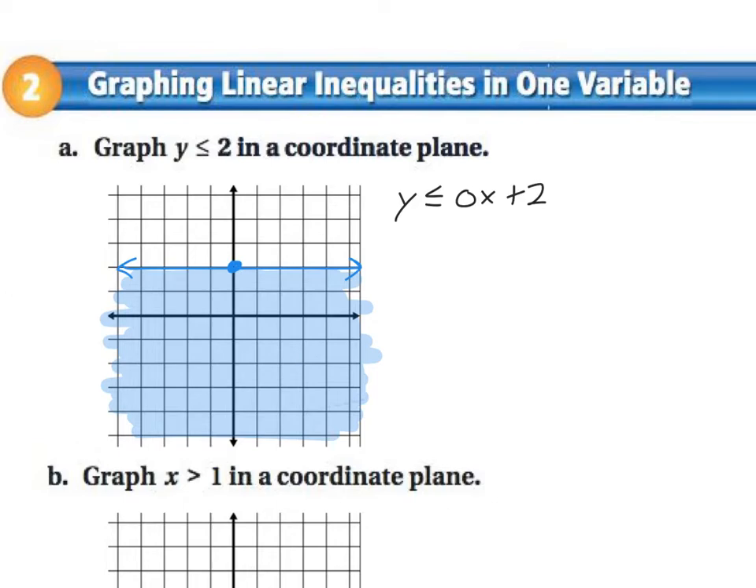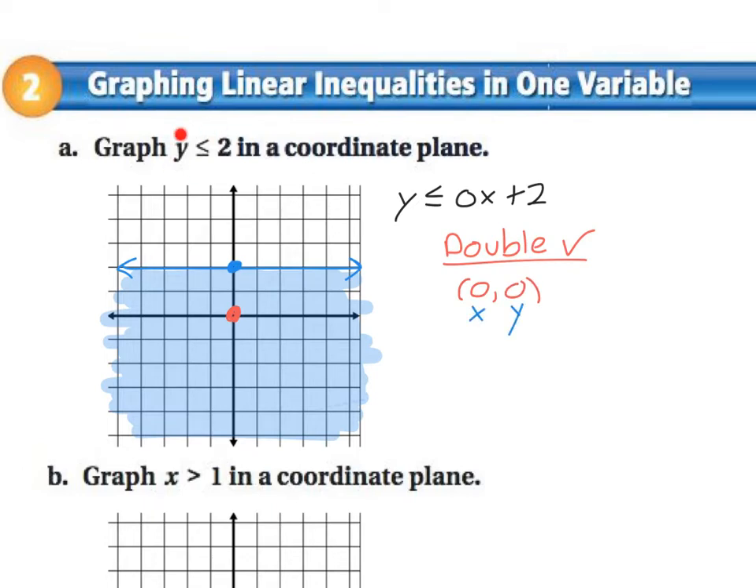Now, we are going to double check that we shaded in the correct location by picking a random coordinate and seeing if it's actually a solution. So this is like what we did in the first example. You can pick any coordinate you want that's in your shaded area. So I'm just going to pick 0, 0 because it seems like an easy coordinate to pick. And I'm going to substitute it